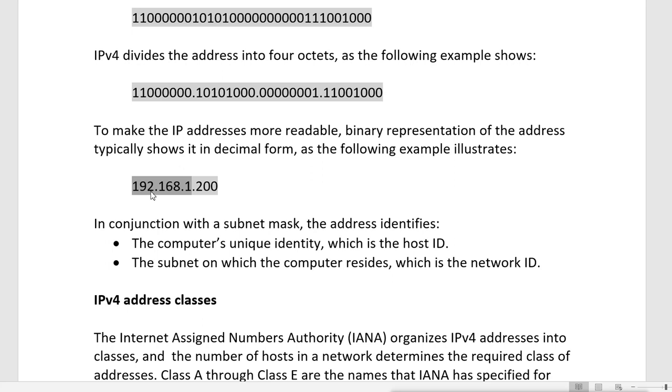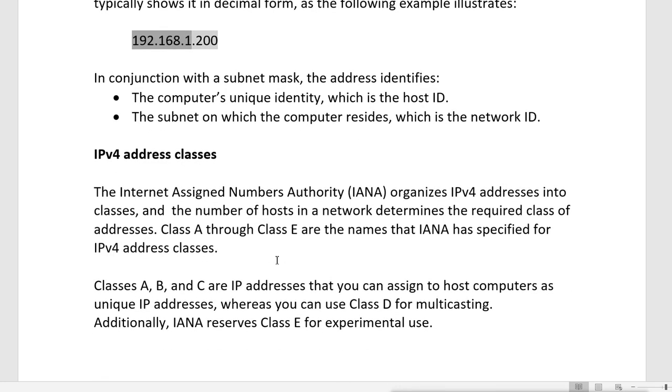So this is a simple rule: when you have two machines with the same network part, they can communicate and they are considered to be in the same network. And if you don't have the same network part, then you are considered to be in different networks. Different networks means they will not be able to communicate with each other. For communicating with each other, they need a different device, that is a router. Other than that, you will not be able to communicate. So without the subnet mask, an IP address is nothing.